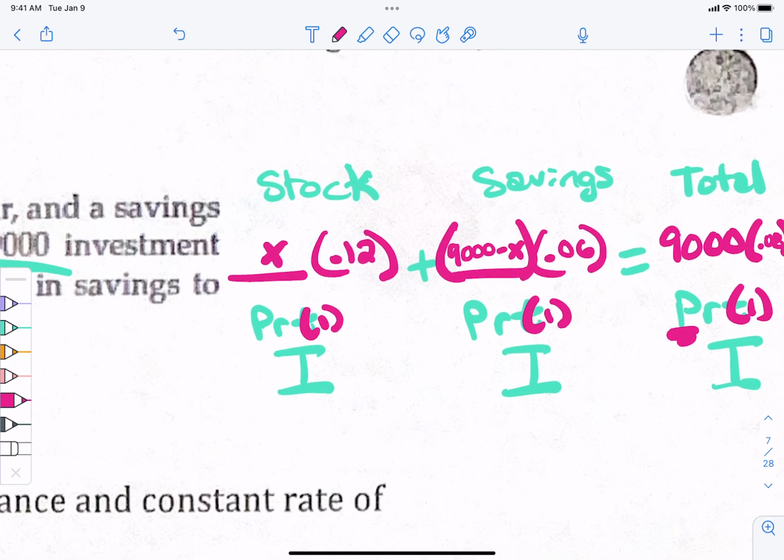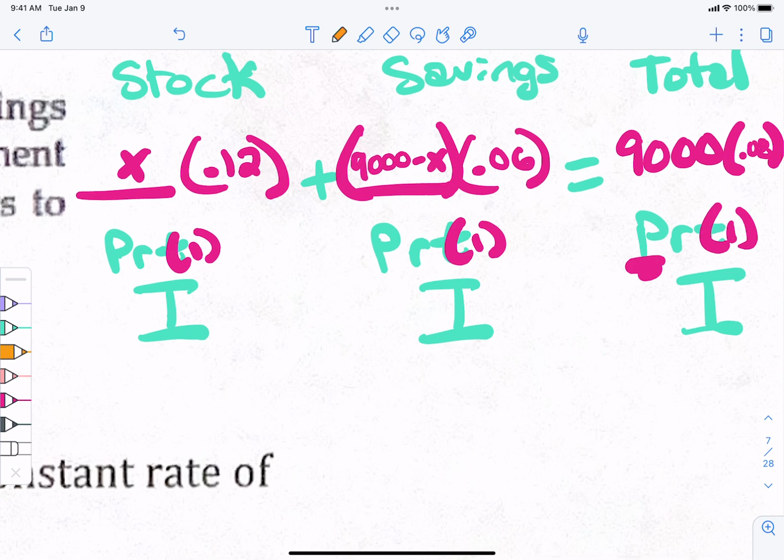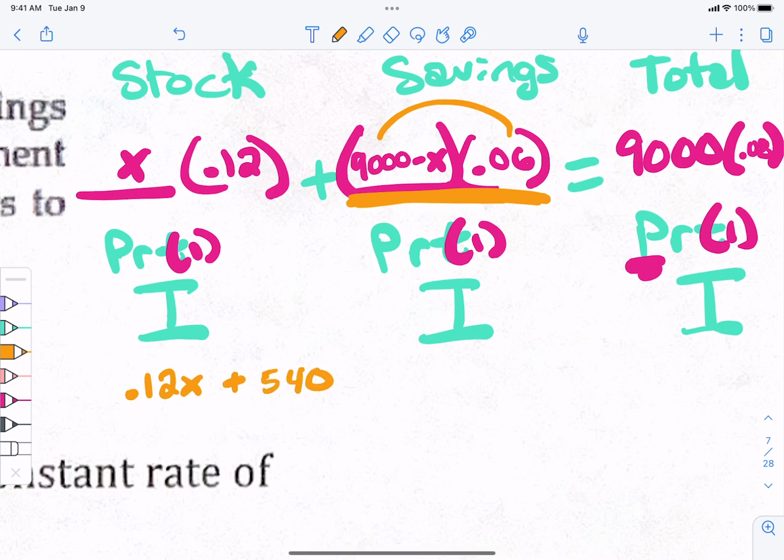Okay, and then I just solve it, right? So what is X times 0.12? I'm just going to write it as 0.12X, okay? What about this guy right here? What can I do with that to simplify that? Distribute. What's 0.06 times 9,000? What's 6 times 9? 54, so 540. Okay, plus 540. And then minus 540. 0.06x equals 9,000 times 0.08. 9 times 8 is 72, so it's either 72 or 720 or 7,200. We've got to decide which one is